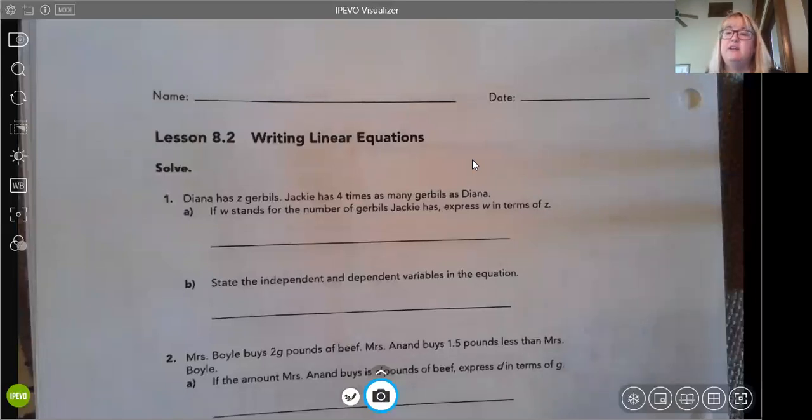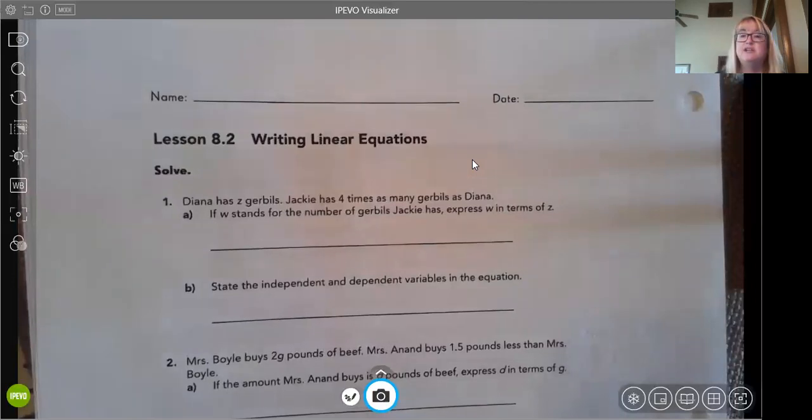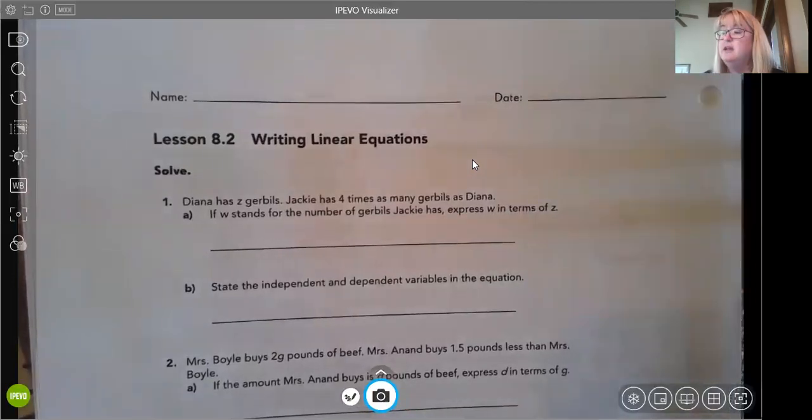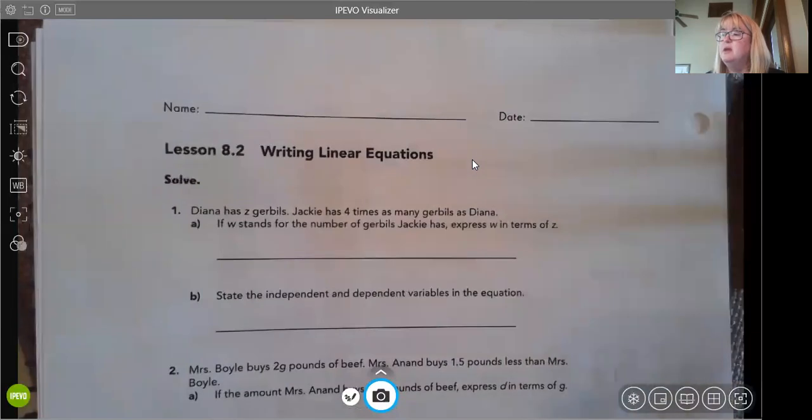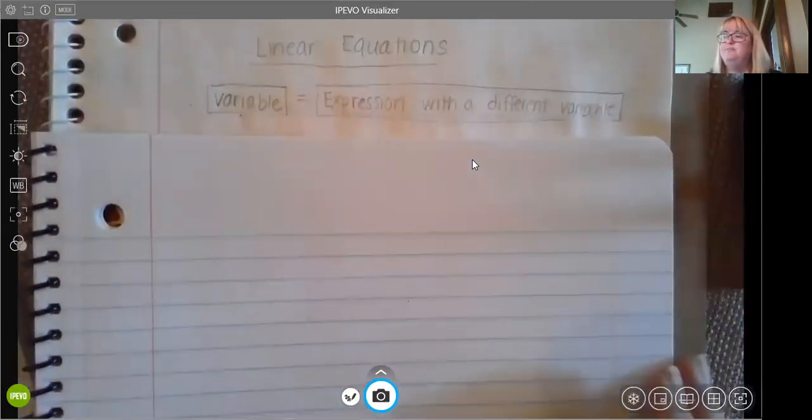All right, writing linear equations. Remember that math is about representing real life, and how things behave in real life. That's what we're going to look at: writing a linear equation based on what's going on in a real world problem. Let's look at our notes though. A linear equation